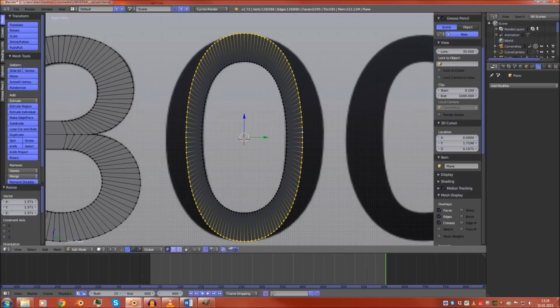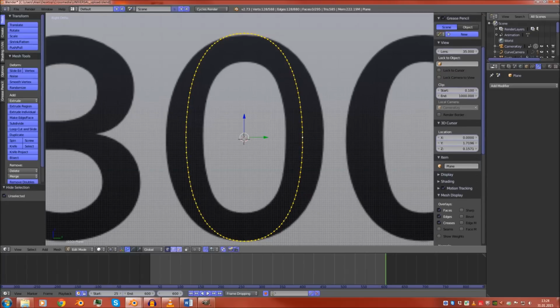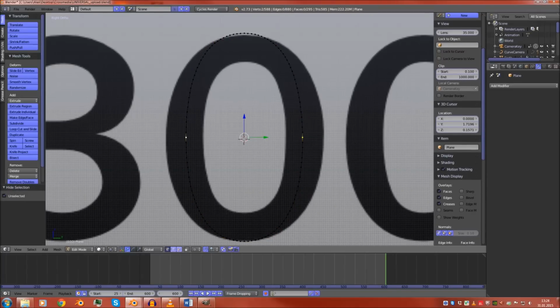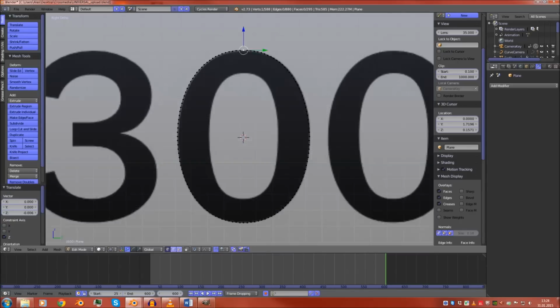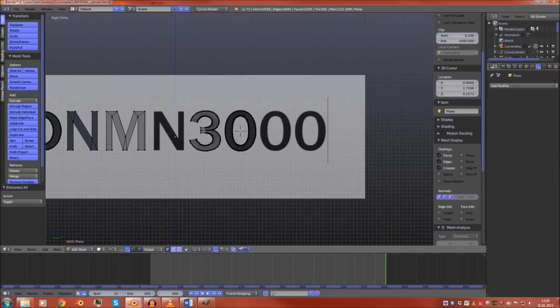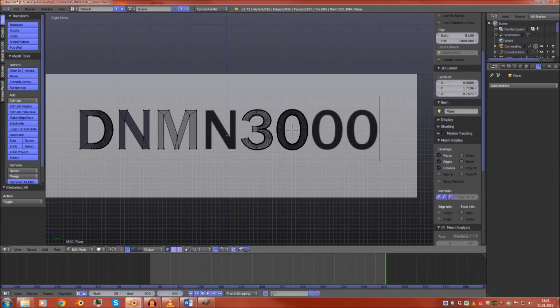Like this. And now take the outer loop. Control H to hide everything else. Connect it again as Y. Like this, and just this one a little bit down. Okay, that's the 0. Next thing is